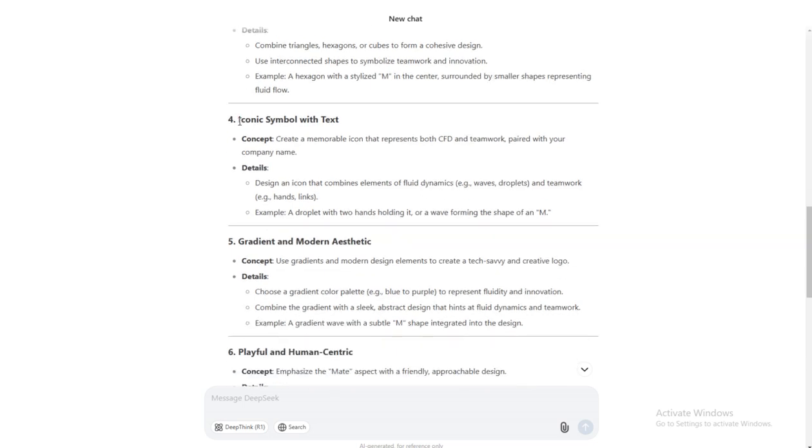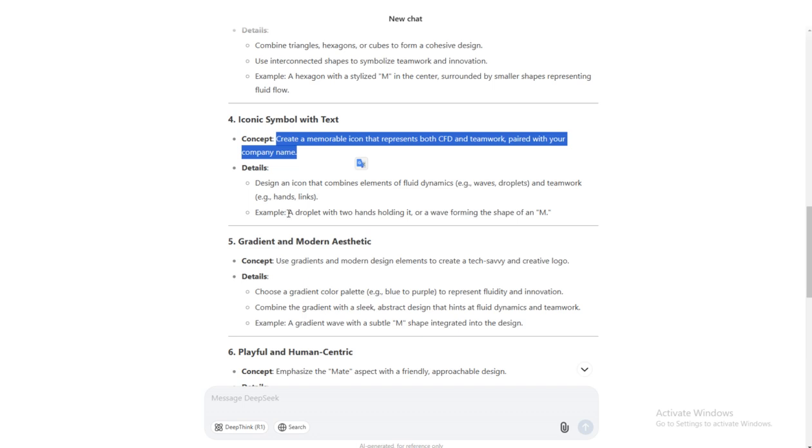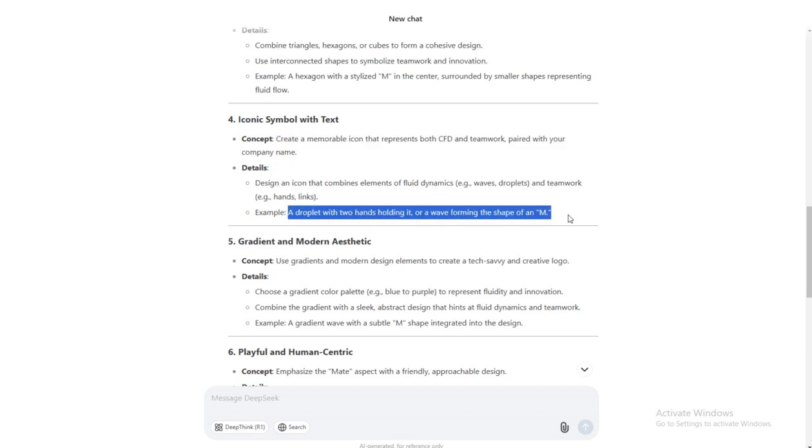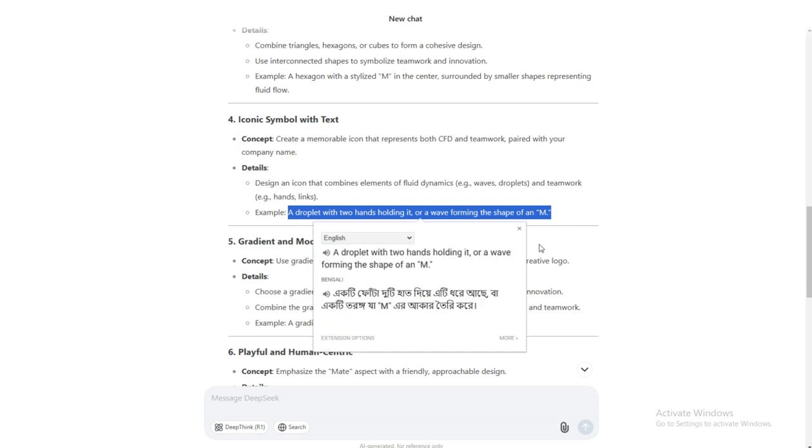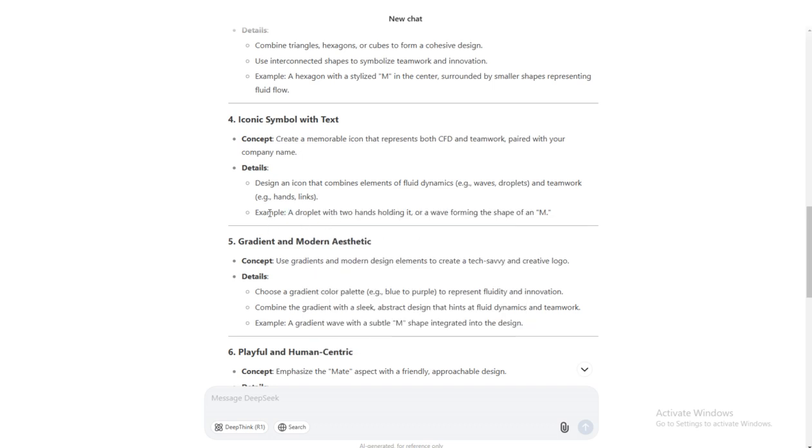And for concept 4, DeepSeek has said, create a memorable icon that represents both CFD and teamwork, paired with a droplet with two hands holding it, or a wave forming the shape of an N. Now, there is something creative, a droplet.